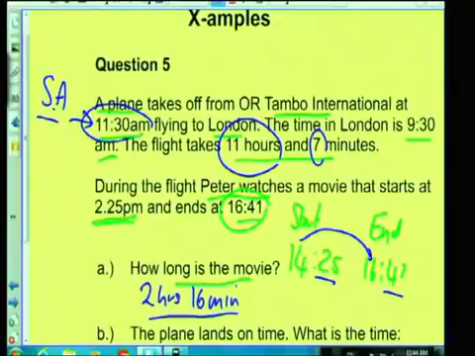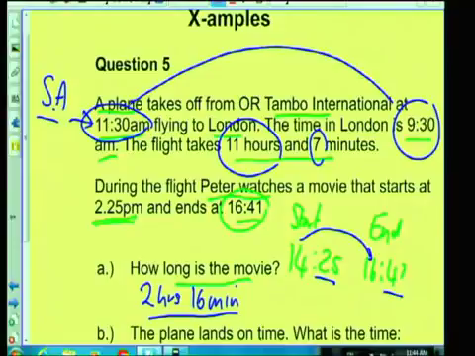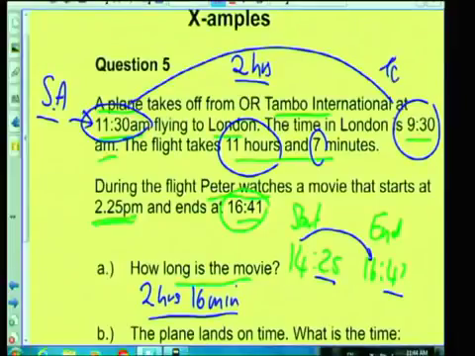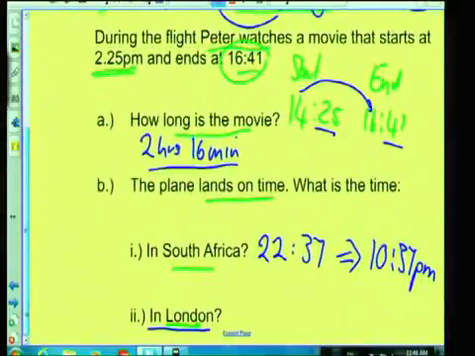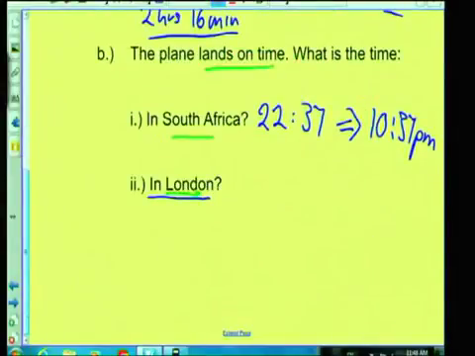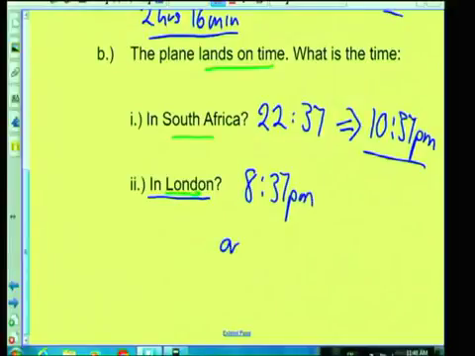We could say, hold on, what we notice is that 11 a.m. and 9 a.m., what's the difference in time? The difference is 2 hours. It's a 2-hour difference in time. And London was 2 hours earlier. Notice this is earlier. Okay? So that means that I can take 2 hours off this time and say in London it's going to be 8:37 p.m. or